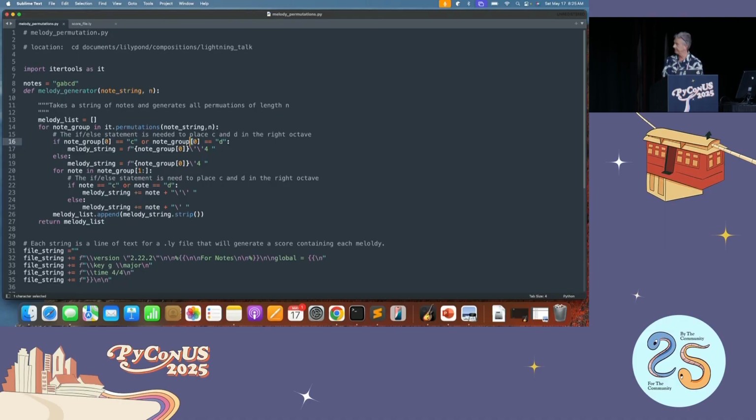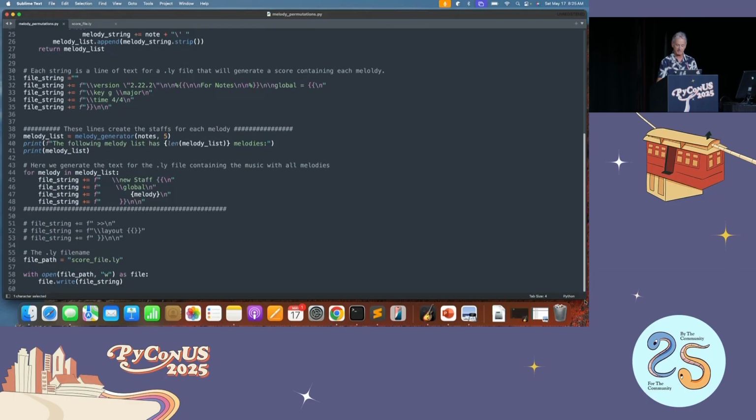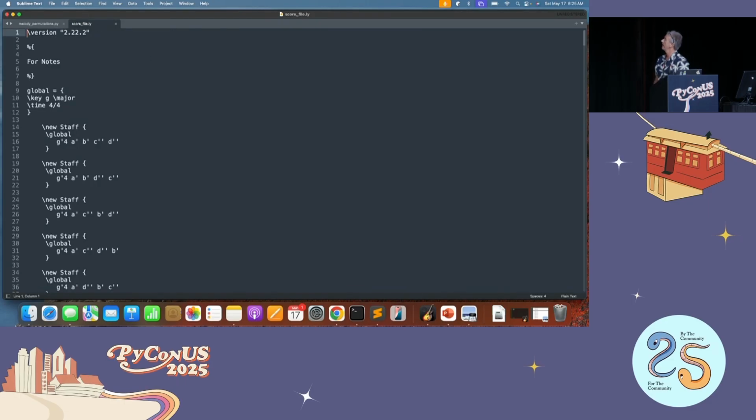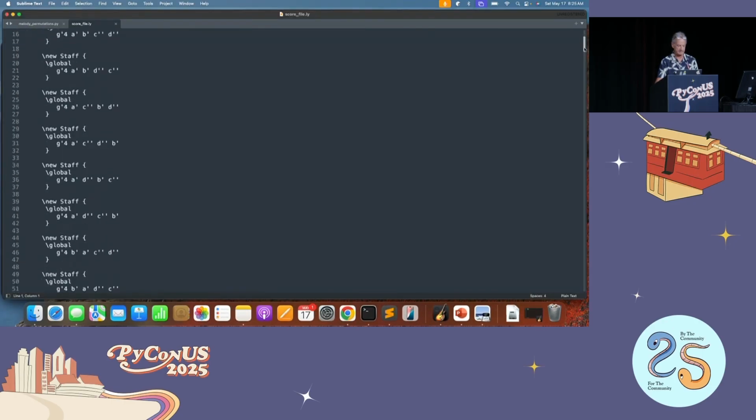I'm not going to go through every detail here, but at the top there's a function. It generates a file and writes a file with a with statement. Somebody had talked about recommending to close everything, close files, so I did that. And it writes a LilyPond file, which is an LY file that looks like this. The function generates all the melodies. They're put into staves, and this generates all the combinations of 5 notes, G, A, B, C, D, all the permutations, I should say. And then the score ends up looking like this,